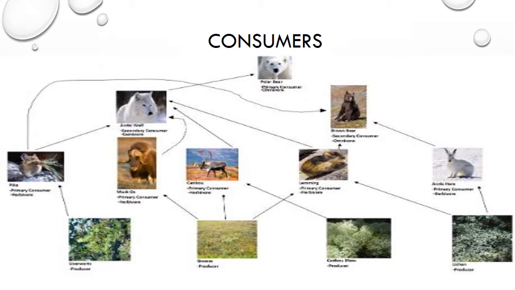Primary consumers feed directly on producers. In the article, primary consumers are small mammals such as lemmings and snowshoe hares, and birds, of course. Middle-level predators such as Arctic foxes and ermines are typically secondary consumers. At the highest level of the food chain are tertiary consumers. Arctic wolves and polar bears are mammal tertiary consumers in tundra. Large birds of prey such as snowy owls and great gray owls are also tertiary consumers.